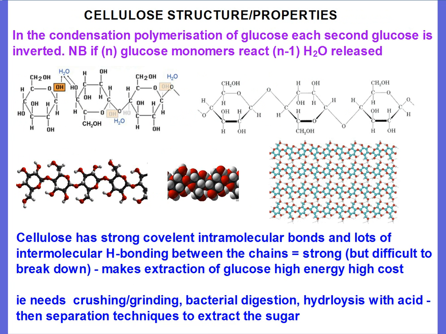Why have we got to be able to draw glucose? Because glucose is the monomer for cellulose. If you want to draw the cellulose molecule, you need to know the glucose molecule. One thing to be aware of is that when you're making cellulose, every second glucose is inverted. So we can see here is the glucose we drew with the CH2OH sticking up. The next glucose has the CH2OH sticking down and the oxygen at the bottom right. It's just been completely flipped upside down to react.